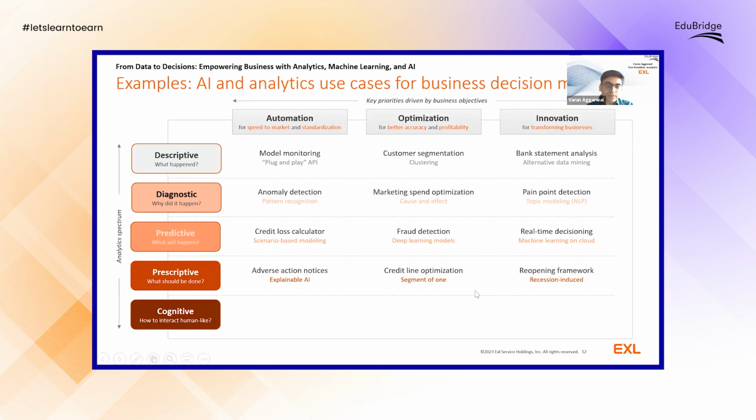Now let's talk about cognitive analytics, where you need to interact with the customer more like a human, though your solutions are driven by machines. Debt collection is a good example for automation. Debt collection means, let's say a customer has taken a credit loan, any kind of loan, and you need to collect it back, and they're not paying. So you need to send reminders to customers.